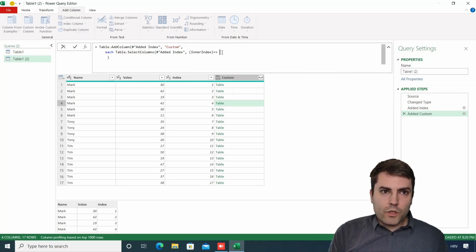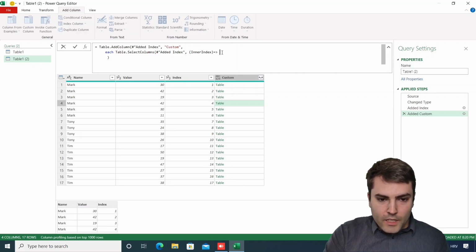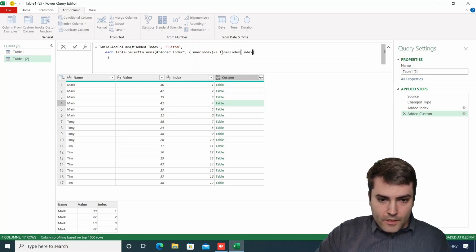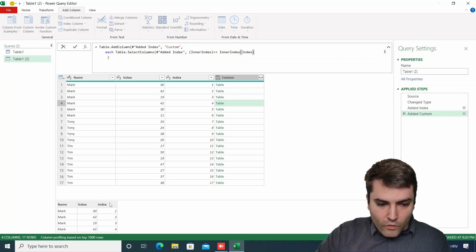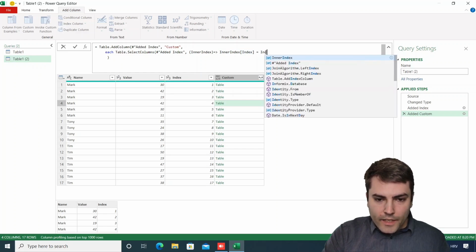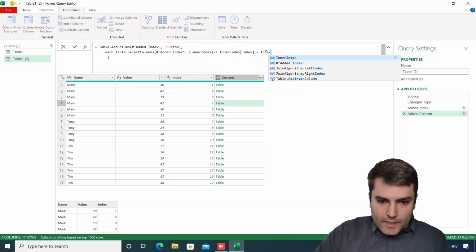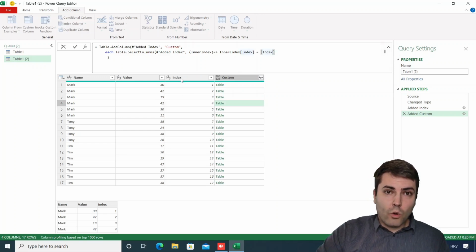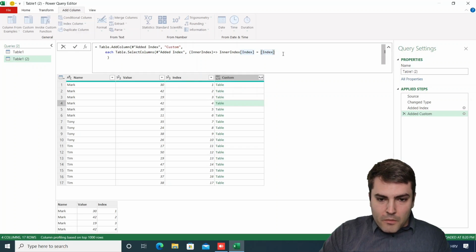And now we can start with the condition. So what we want to check is the inner index. This is the column of the nested table. So this table, this index is this column. And we want to check if this is the same as an index column. And this index column, oh sorry, we need to add it in square brackets. And this index column is the column of the outer row context. And this index column has to be index minus 1. After we close the brackets,